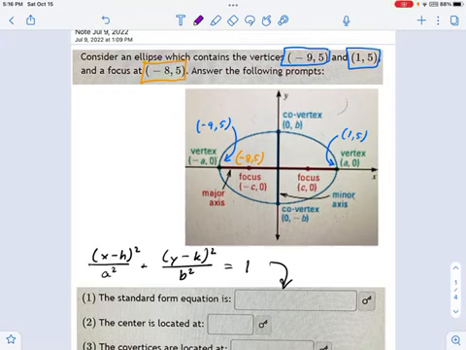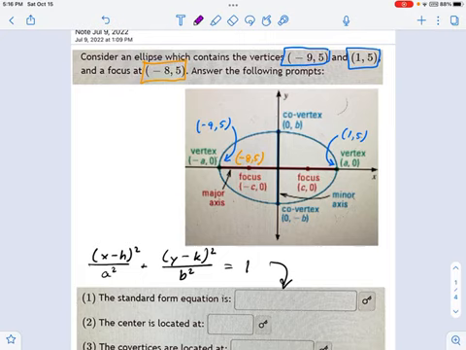Sometimes you'll be asked to characterize an ellipse, given certain key features about it. In this case, we're given the vertices and one of the focus points. And I think it's pretty easy to do it in this form, rather than a jumbly equation that you have to turn into standard form. This way, we can just look at the key features, pull out what the center of the ellipse is, what its different semi-major and minor axes are going to be, and then write the equation. It's easier than completing the square, in my opinion.